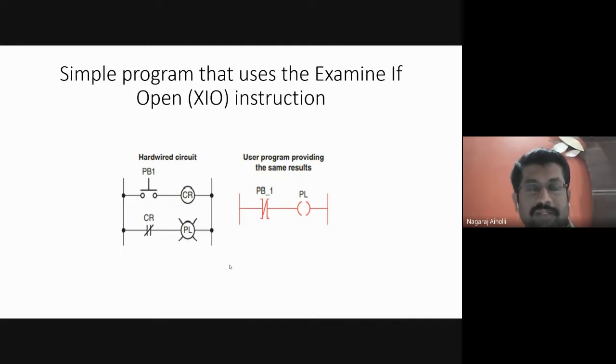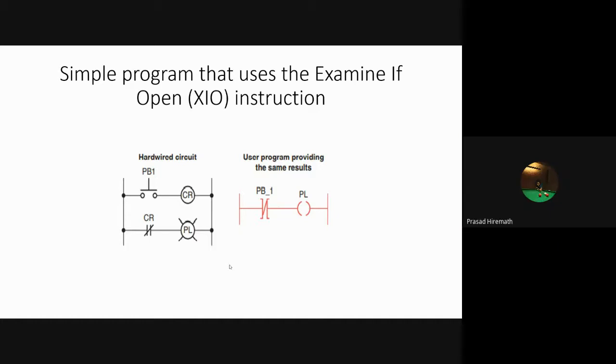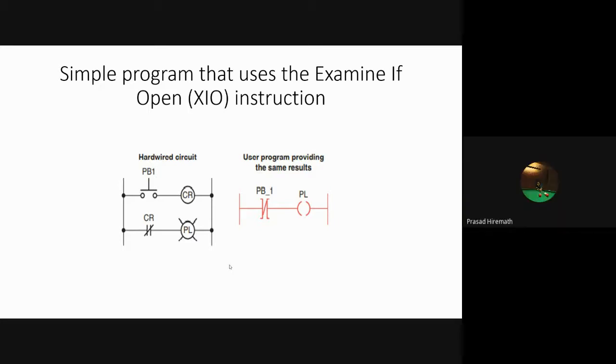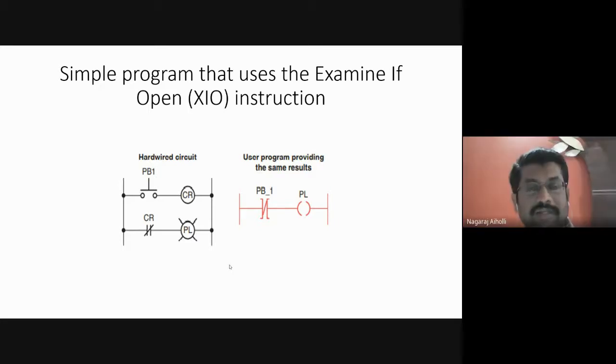What is your doubt, please? Sir, this CR and the one below this CR, whether they are series or parallel. That's a very good question. Look here. Actually, while connecting, they are connected as though they are in parallel condition. They are maintaining a branch, the one that I explained in the previous slide.